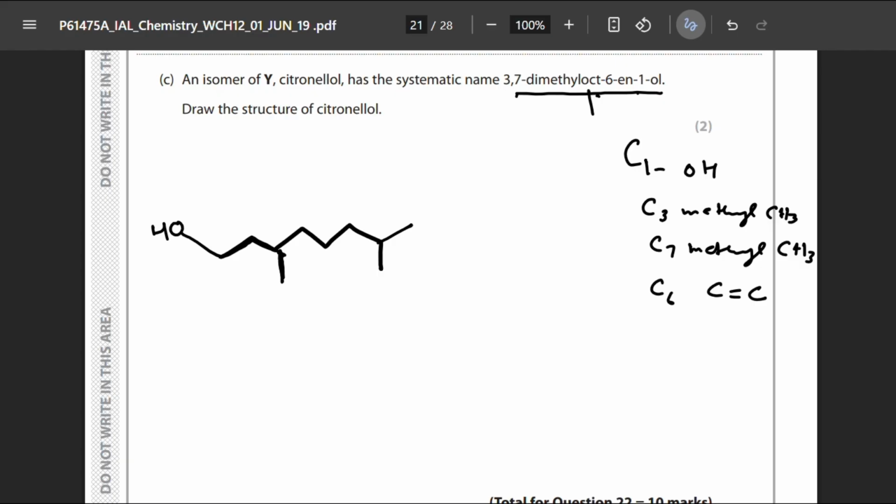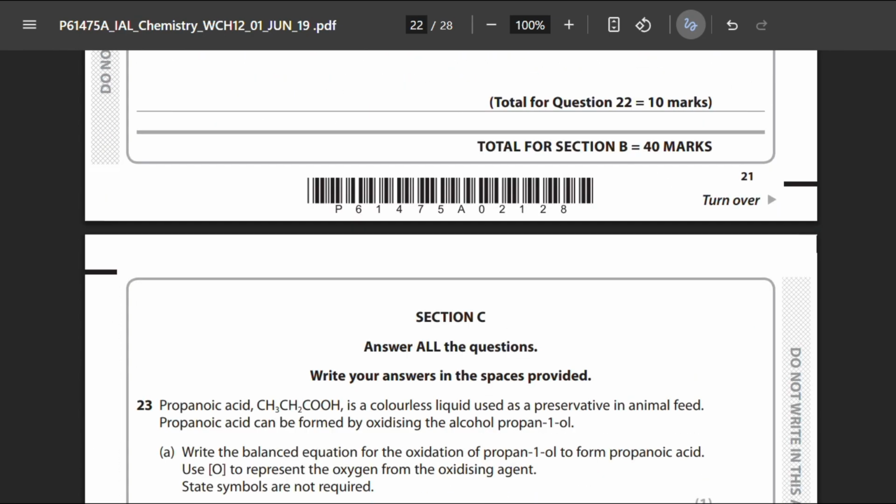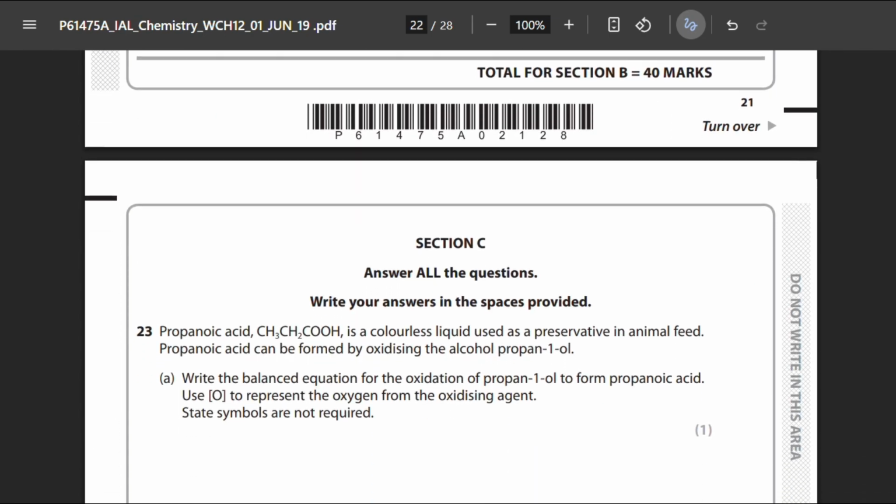First carbon, OH group is attached. On third carbon, a methyl branch is attached. On sixth carbon, a double bond is present. And on seventh carbon, a